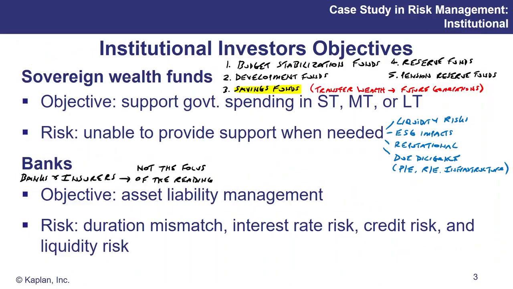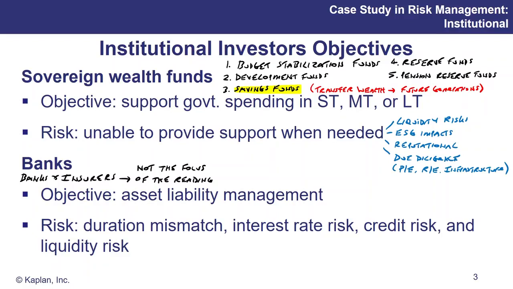Moving on to the case study we're going to be looking at, which I mentioned is a sovereign wealth fund. There are five sovereign wealth funds mentioned in the institutional investors reading, and some of them are the complete opposite of a long-term fund. I guess that would be the budget stabilization fund, especially where, within a particular tax year, very, very short term, the government involved may need extra support or funding from this budget stabilization fund. So, guys, we've covered those in the earlier session, but here we're going to just focus on the long-term savings sovereign wealth fund.